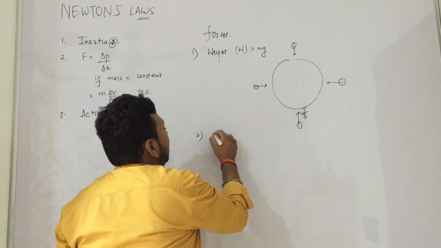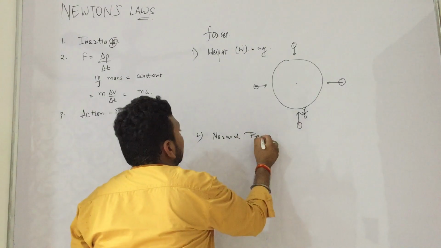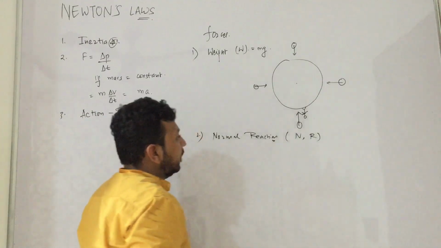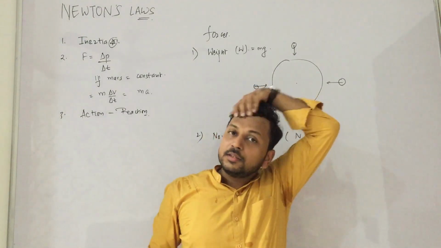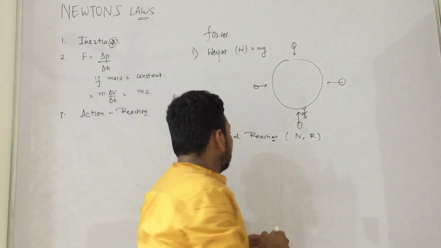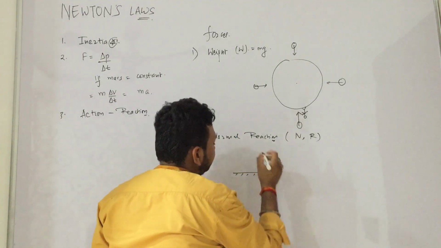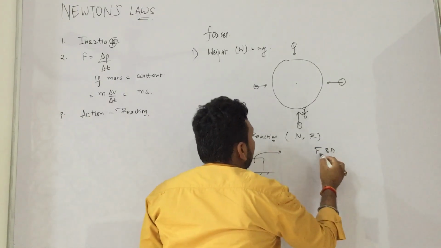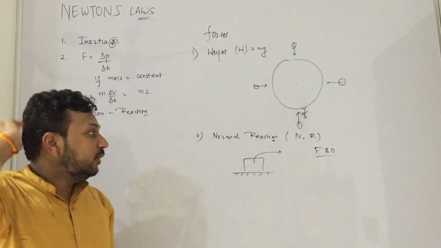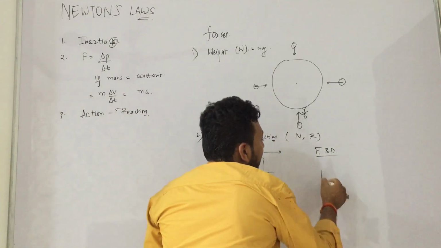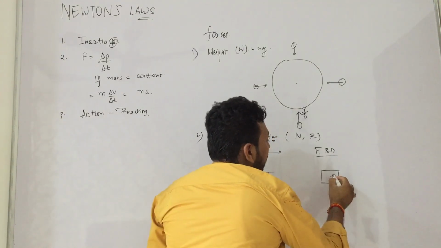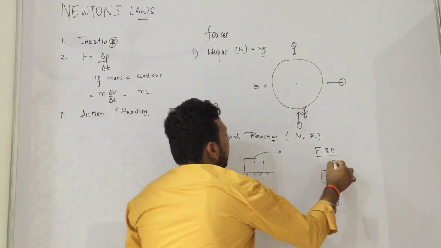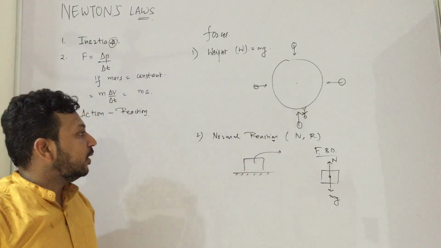Second force that we will study is normal reaction. Normal reaction represented by N or R, anything. Now what is normal reaction? Normal reaction is basically the support force. It is a support force. So see, if an object is lying like this, I make the FBD, free body diagram, taking it in air and studying all the forces that are acting on it. Now what are acting on it? Earth is pulling it downwards, mg, and there is support from the ground, normal reaction.